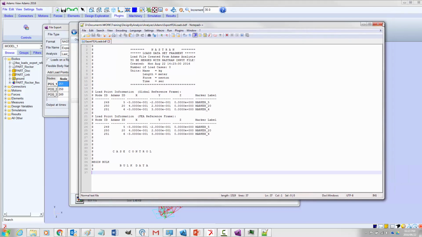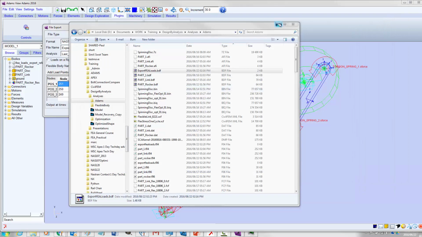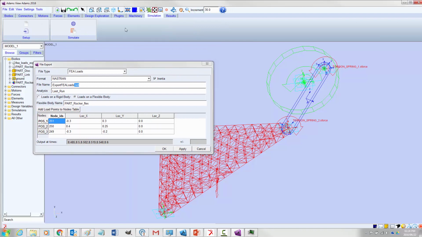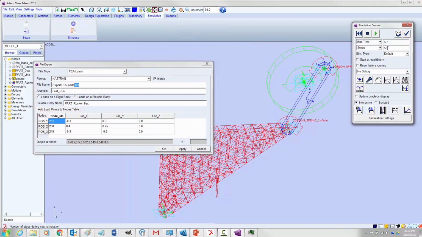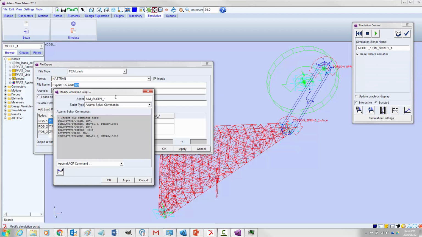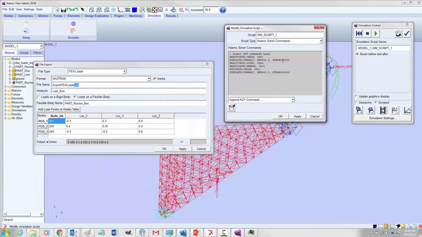Now, what's the reason for that? Let me show you. Very important is that these actual times that I've exported are rounded off. The actual times at which data is available is a function of the resolution or the size of the time step that I've used. Now, I've used a script, and if I look at my script, I set those values in the script. And in this particular case, I had